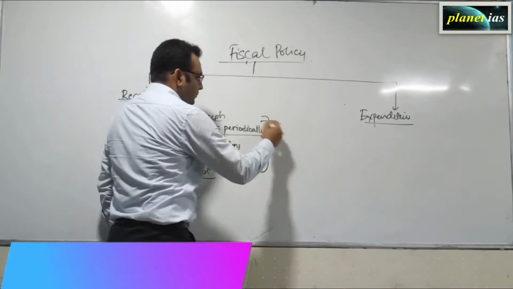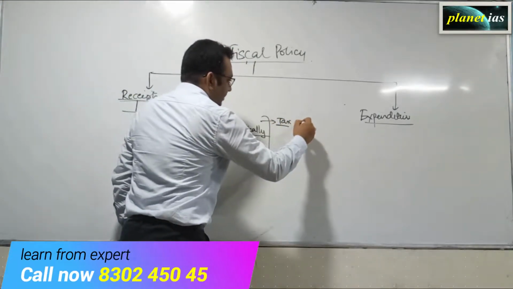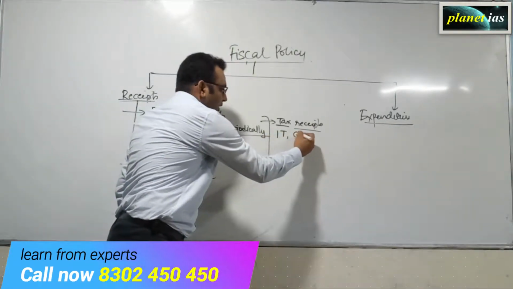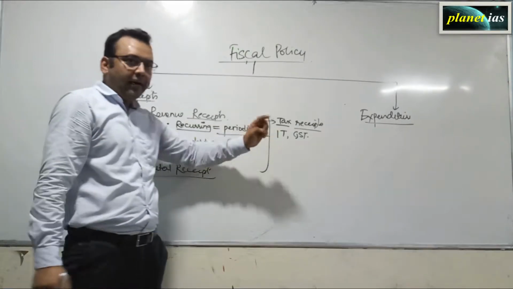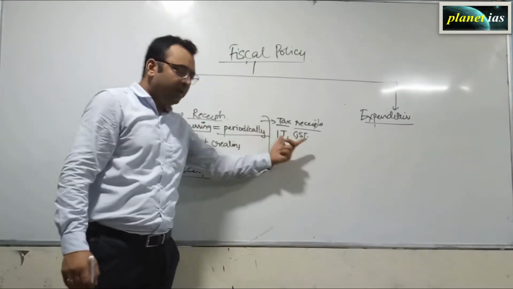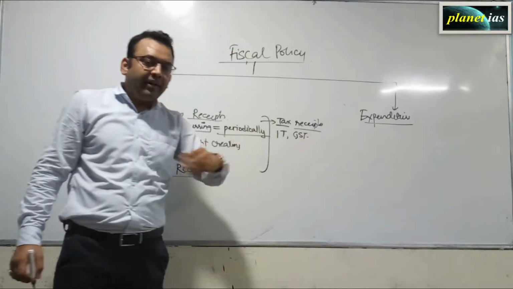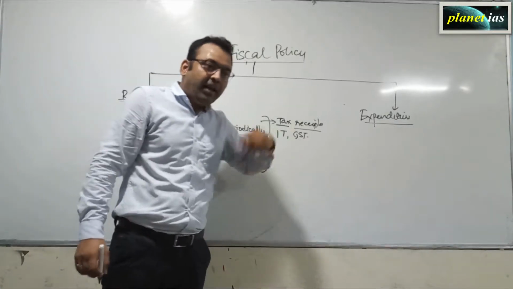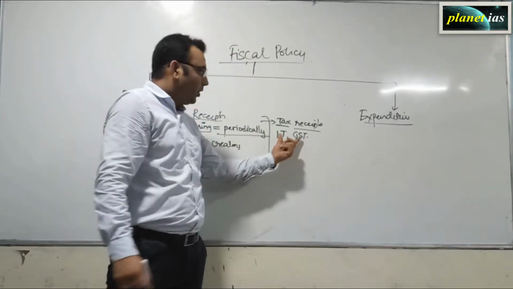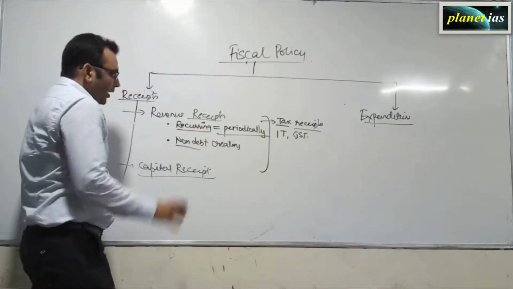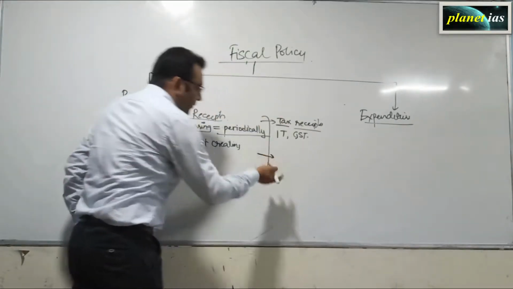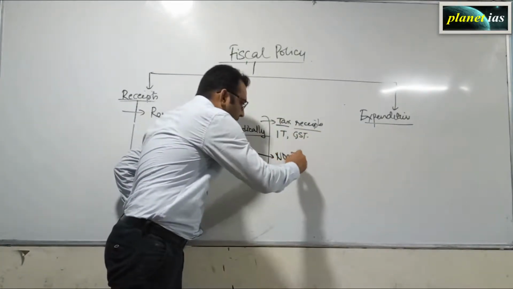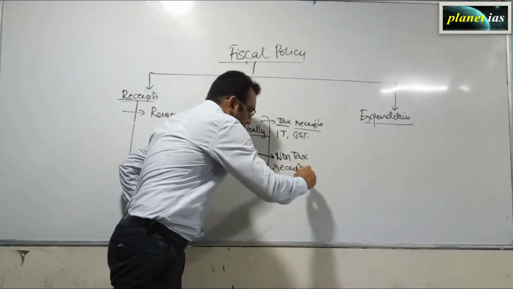Examples are tax receipts, right? For example, income tax or the GST. They occur at a fixed period of time, say quarter or the month or the year, and they do not create any burden on the government. The tax paid by the individual is actually the income of the government, and we can't claim on the tax we have paid. So revenue receipts can be further classified into two examples. One is tax receipts, other are the non-tax receipts.